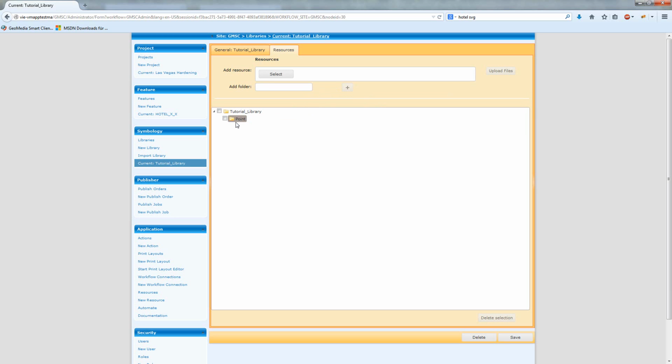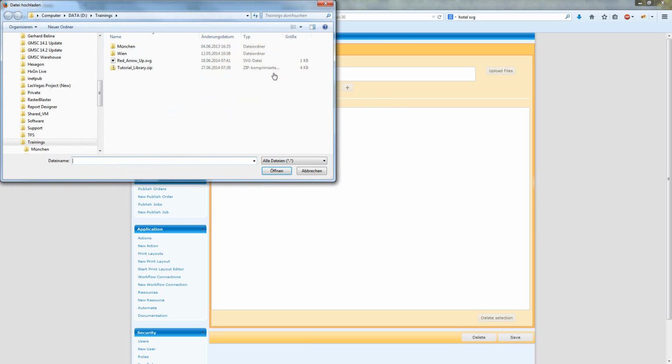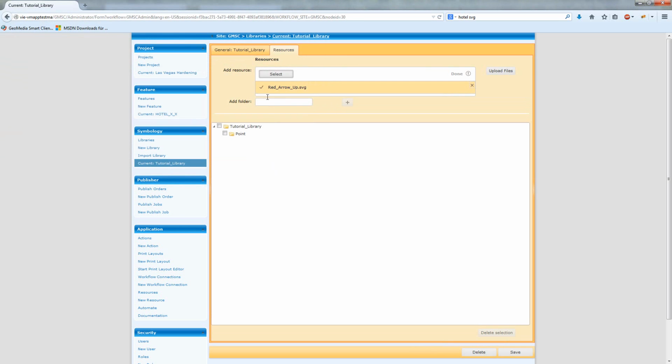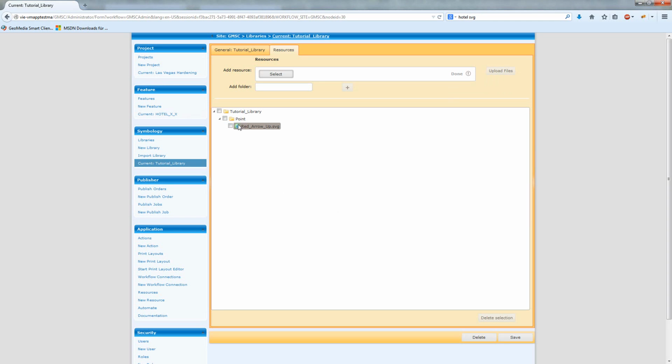Okay, so here is our point folder, and then you have to select a resource. I will take this SVG, click on open, see here and here that everything is fine. Select the folder where I want to upload the resource to, click on upload files, and now the SVG is